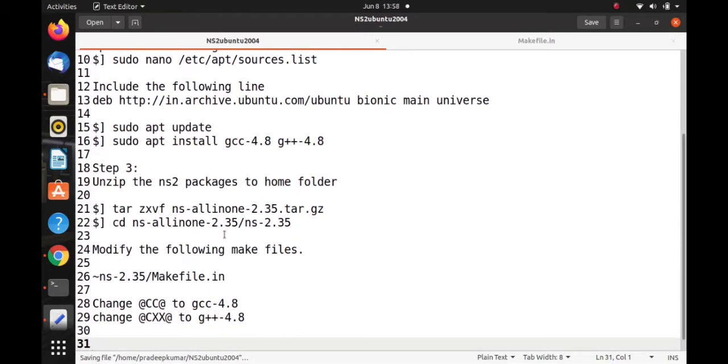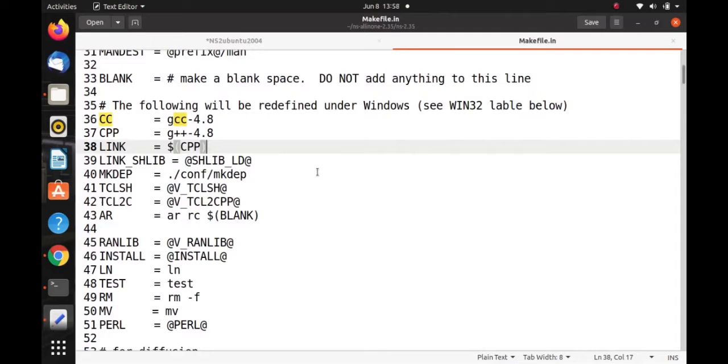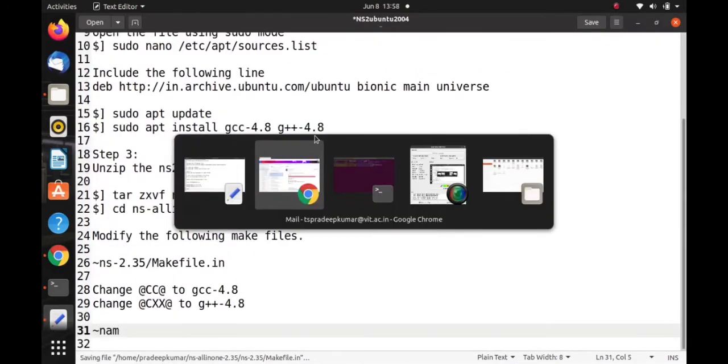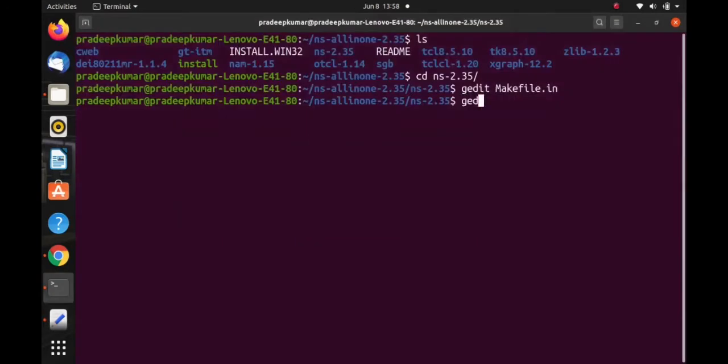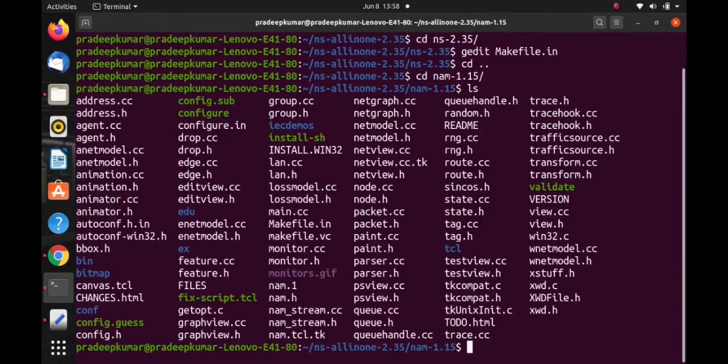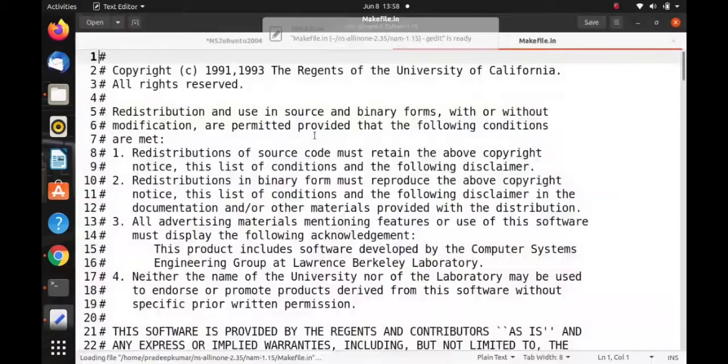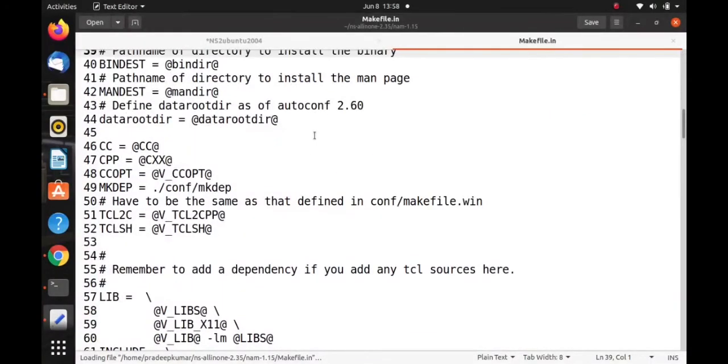Not only here, there's another place, NAM. So I'll just close it, then open it in gedit. The NAM file also has makefile.in. In NAM also we have CC here. We have to again change it to GCC hyphen 4.8.